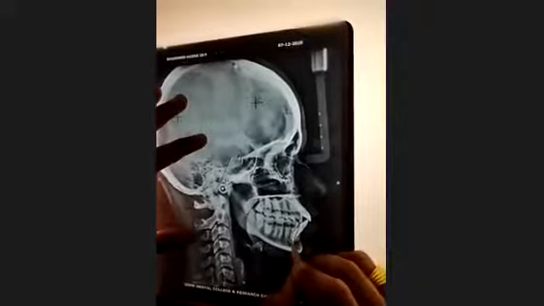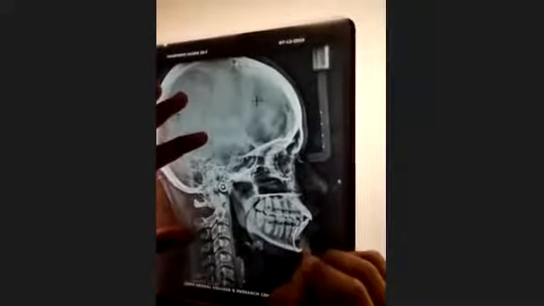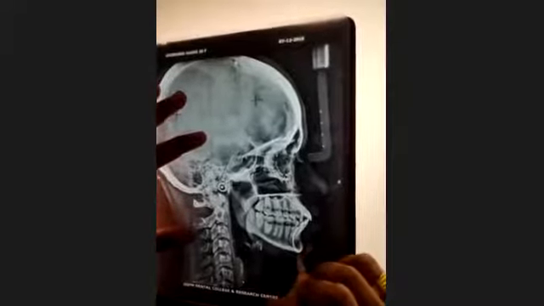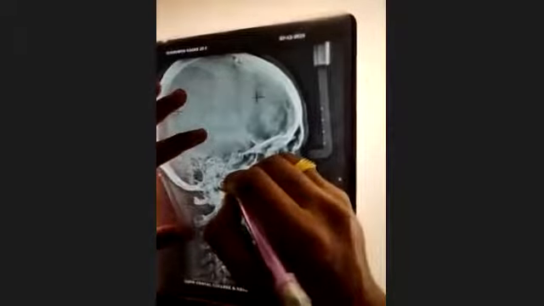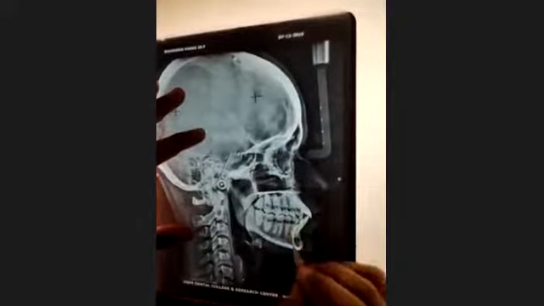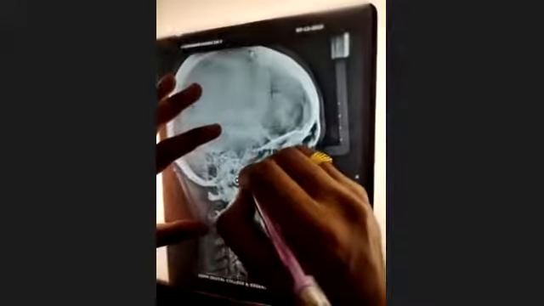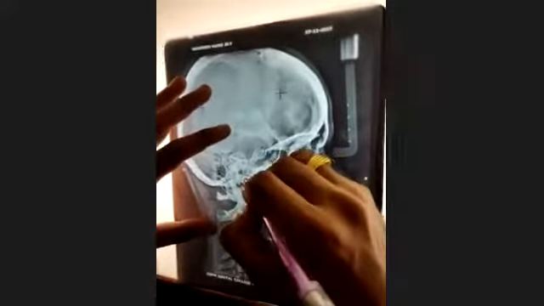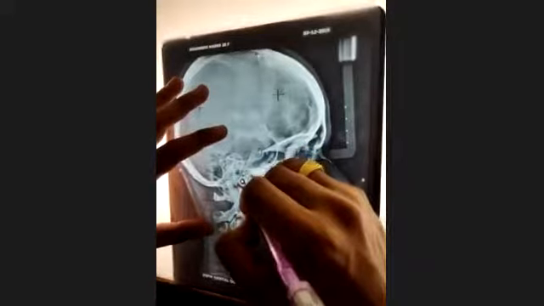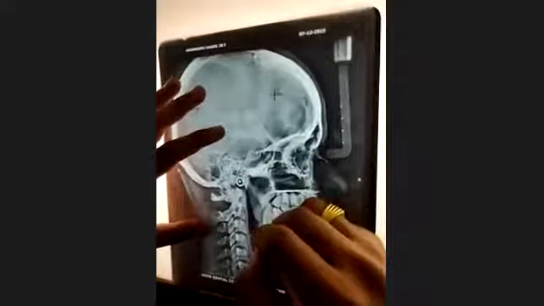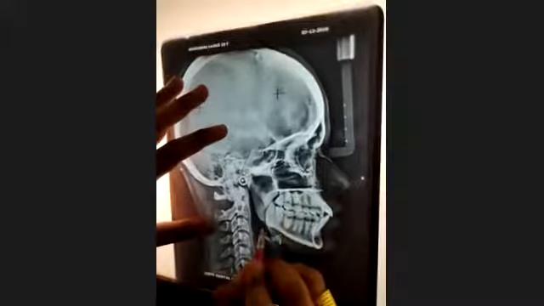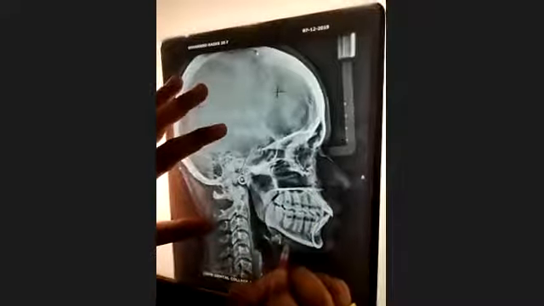And now I am tracing the mandible. First, I traced the part which was very easy for me to trace. Then, starting from the condyle, I continue up till the posterior part of the ramus, continuing till the inferior border of the mandible.